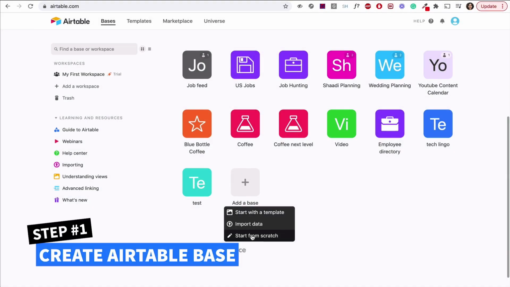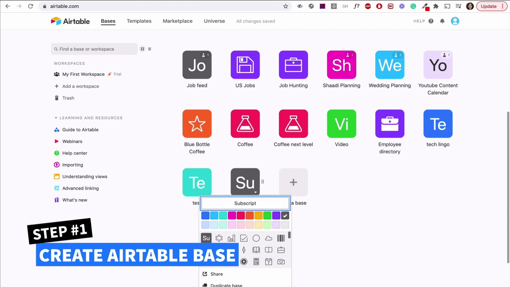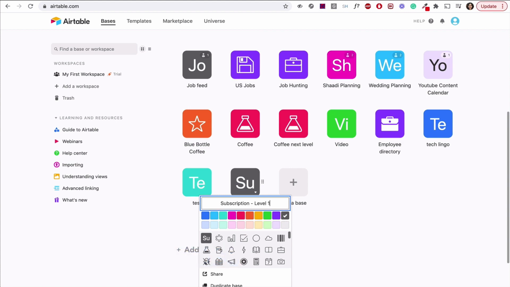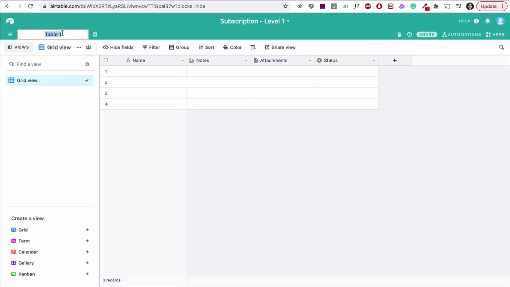We'll start with creating an AIRTABLE base. Let's call it subscriptions level 1. From here, we see a blank table, which I'll call the list of subscriptions. Now we need to rename all these columns with what we actually need and choose the right field type as well. So let's think about what data we need to know about each subscription. Name of the service,